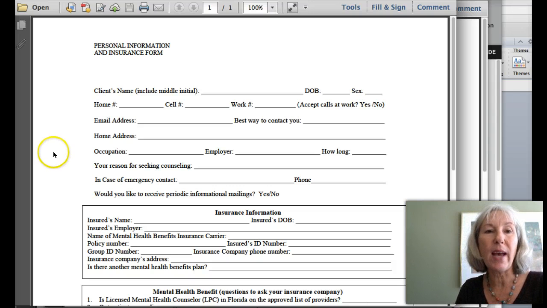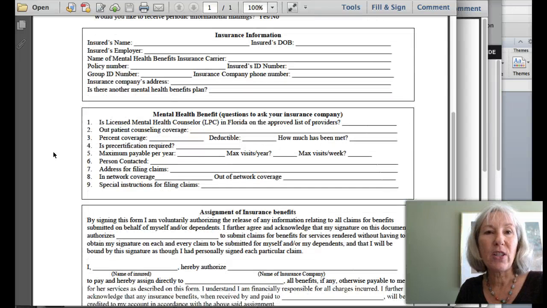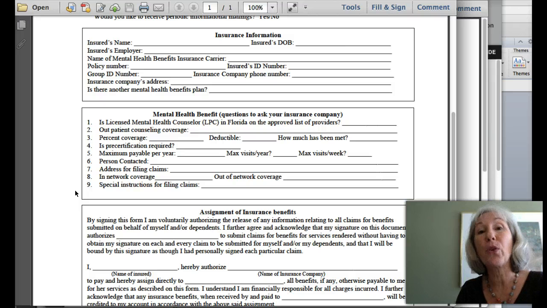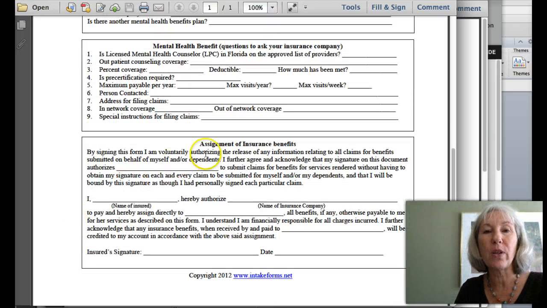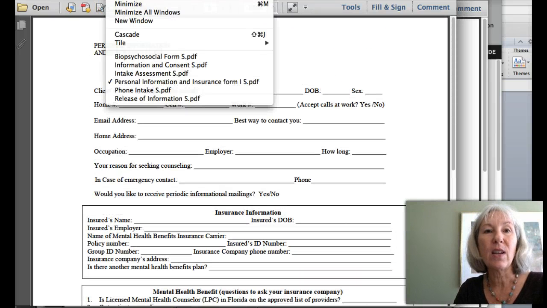So just be aware of that. This collects all the information you need and will guide you through the questions to ask your client as well as the insurance company so that you can get reimbursed or your client can get reimbursed. And then of course there is the assignment of insurance benefits. So that's a nice comprehensive professional form.